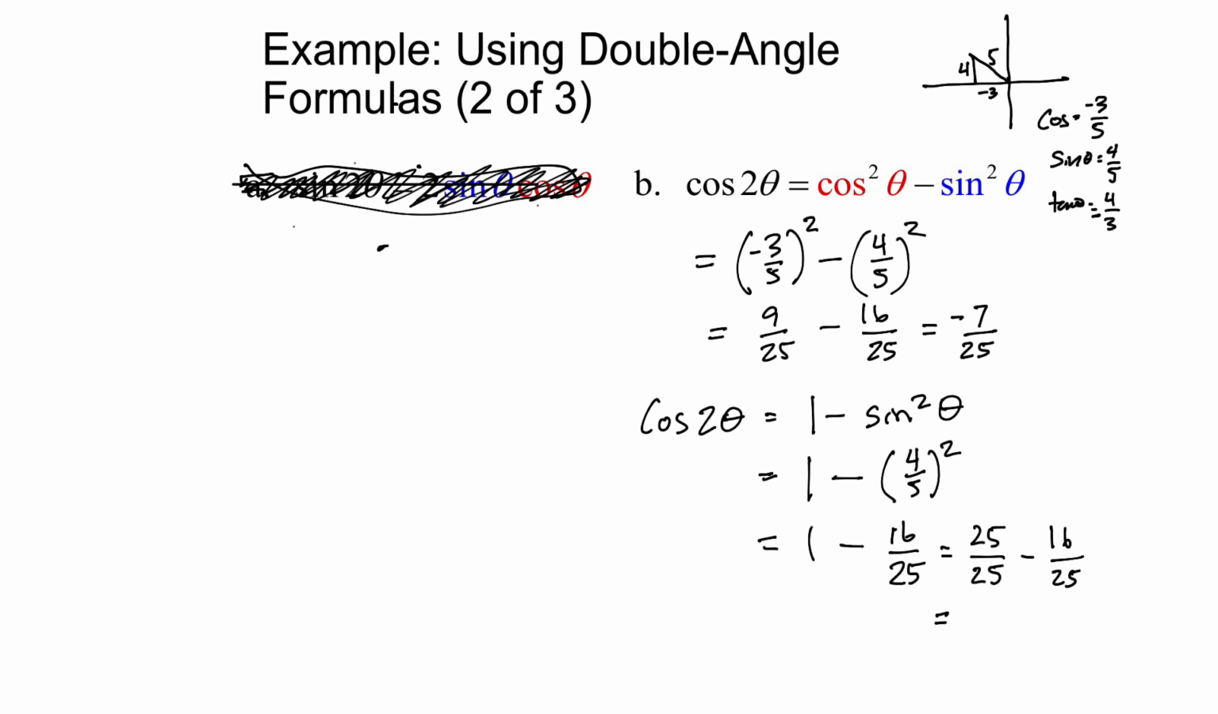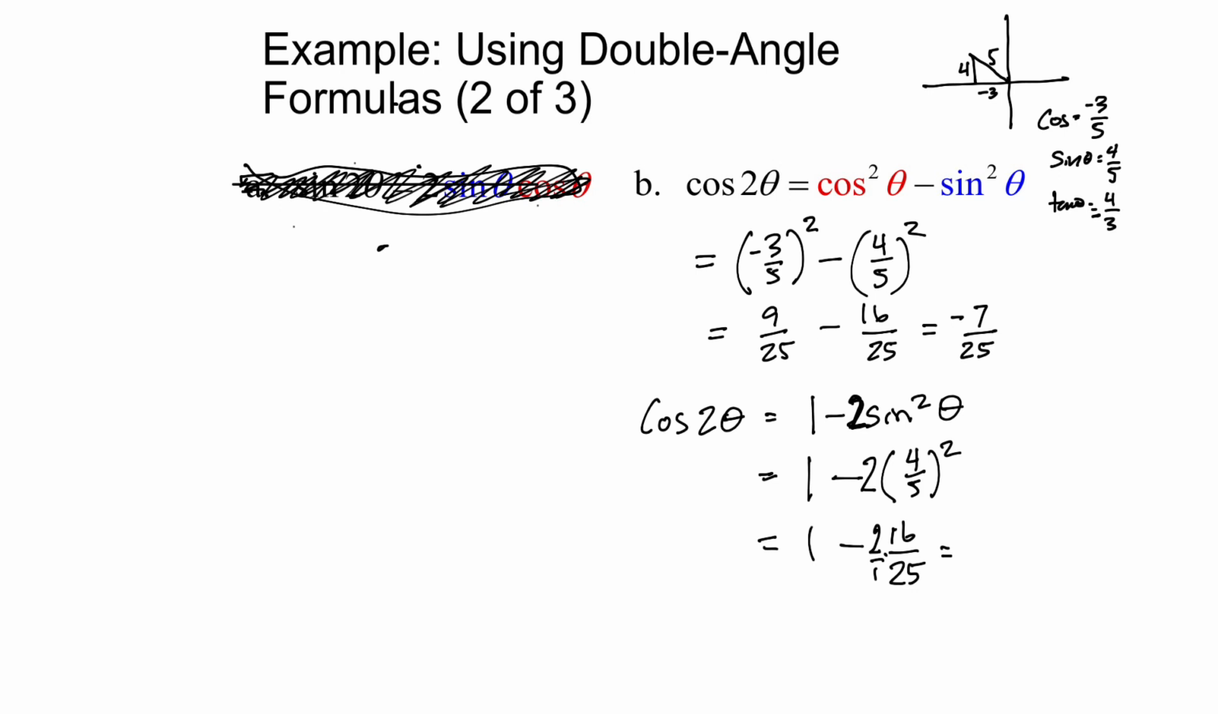And I see where my mistake is. This was 1 minus 2 sine squared theta. So we got to put a 2 there. So that's 1 minus 2 times this. I'm going to put 2 over 1. And that's going to adjust